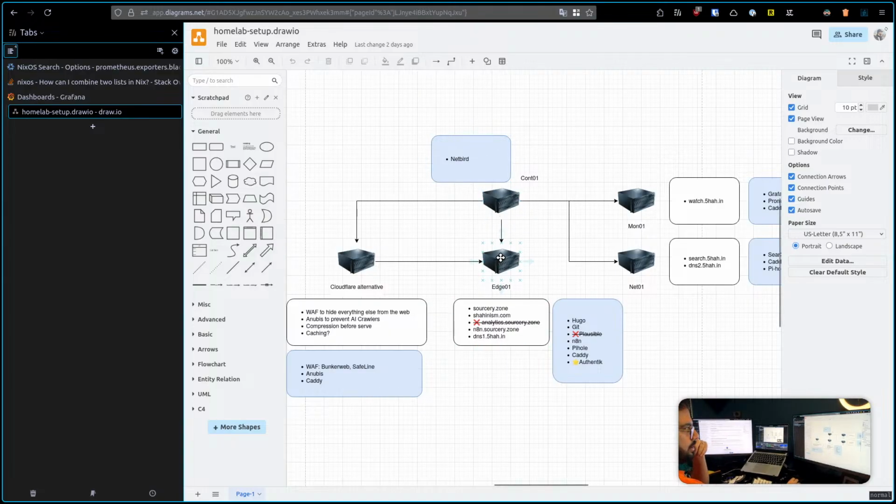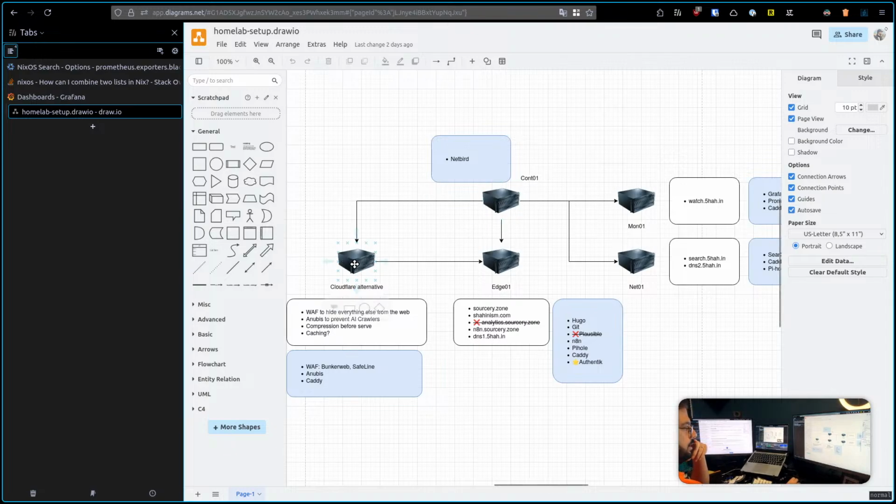The next one I'm going to set up is H01, which is currently serving my blog and a few other services. I think the only public one at the moment is Sorcery Zone blog. In future, basically, I want to add these 2 nodes as well.